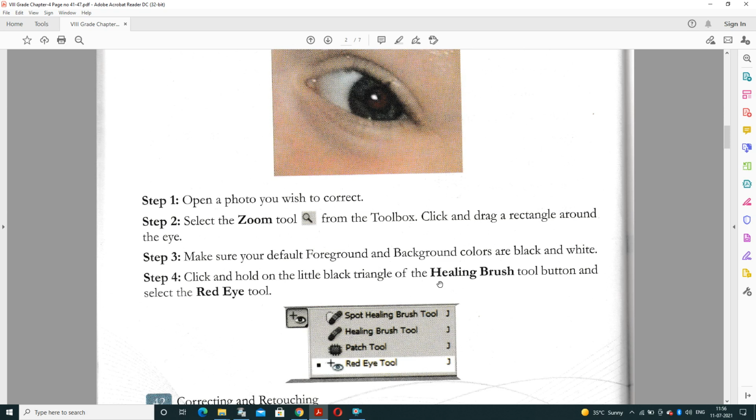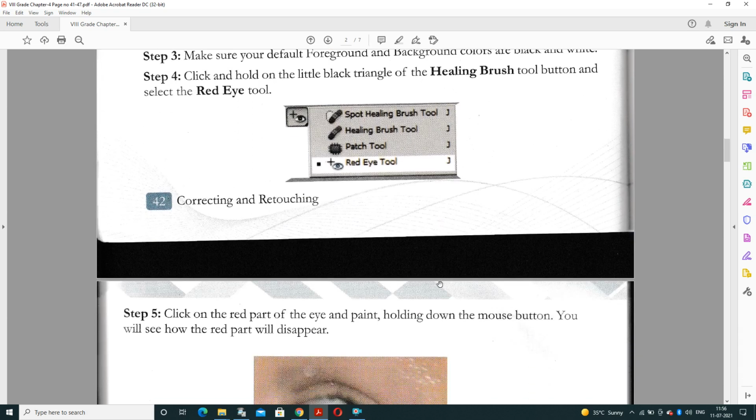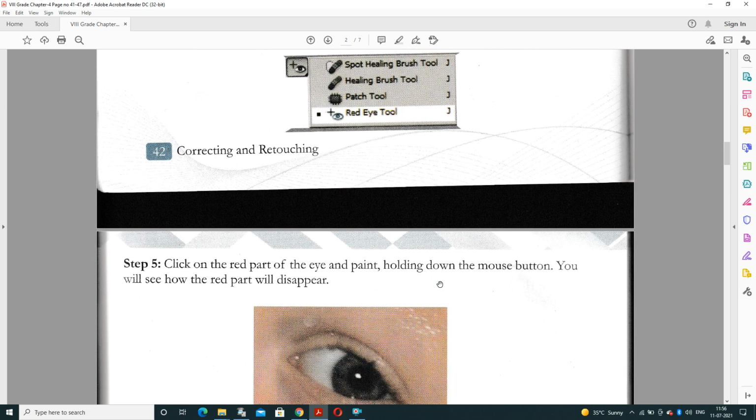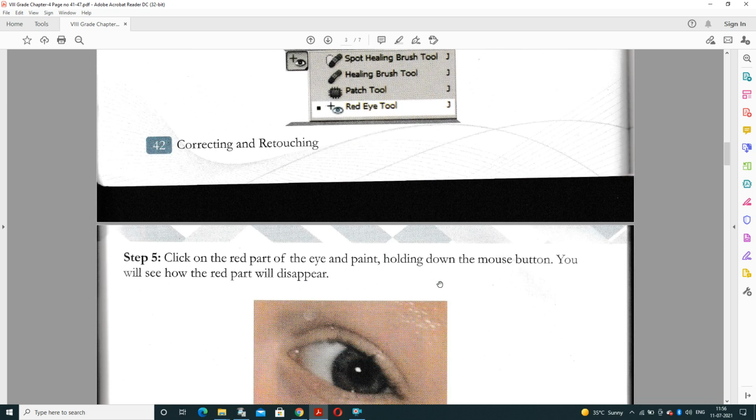Step 4, click and hold on the little black triangle of the healing brush. Hold the mouse on the little black triangle of the healing brush tool and select the red eye tool. After selecting the red eye tool, click on the red part of the eye and paint, holding down the mouse button, and you will see how the red part of the eye area will be removed.